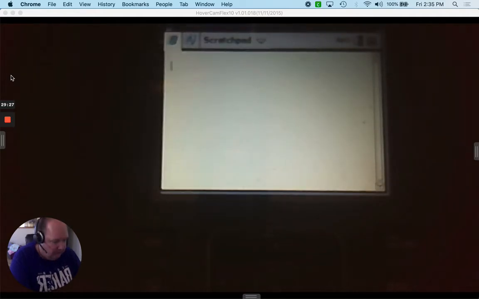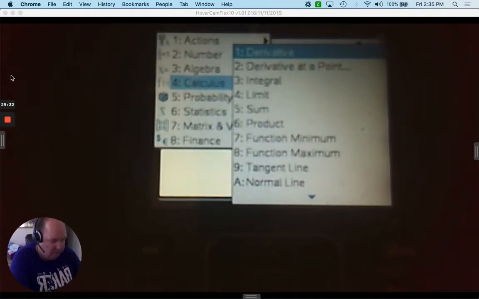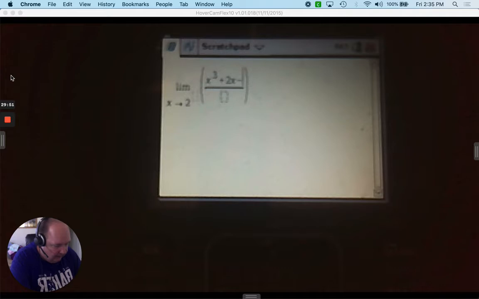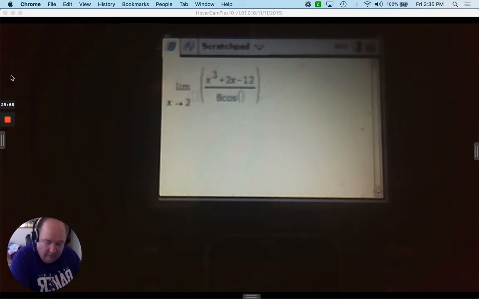So press menu, calculus, and limit. So that's number 4. And then it's the limit as x approaches 2. And then inside the function, we type in, go control, divide, and then type it in. So it's x cubed plus 2x, subtract 12. And then the denominator is 8 cosine pi over 2